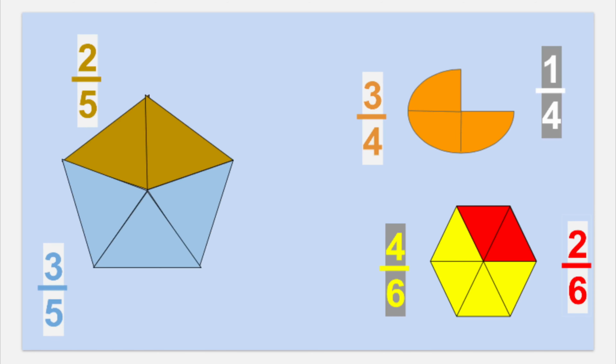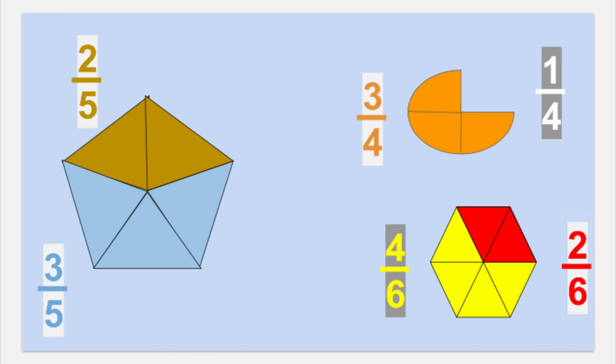And 2/5, again we have 5 because we divided by 5, and from 5 parts, 2 parts are a darker color. We put the 2 in the numerator. 2/5 is the fraction for those parts. And another one, we have a circle divided into 4 parts. 1/4 is missing, it's not there. 3/4 is still there, so we divided into 4 parts,